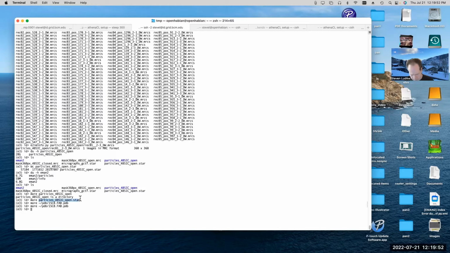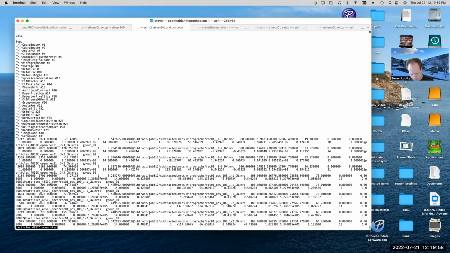If we look at one of these star files, they have certain similarities to the file we were just looking at. Basically, a star file is designed to store spreadsheet data, more or less. It's designed to store a block of data where you have rows and columns, and every row and every column has to be populated with values. But the individual rows and columns have arbitrary width and more or less arbitrary contents.